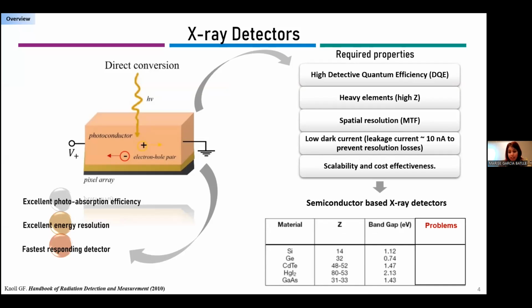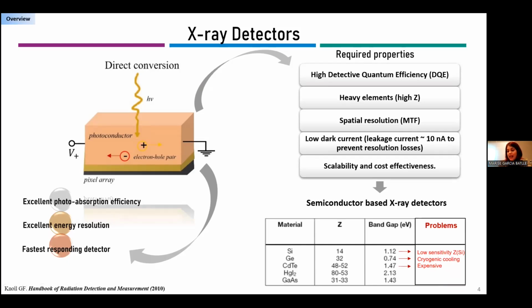Here are some of the commercial semiconductor-based X-ray detectors on the market nowadays. We can see the silicon-based and germanium-based ones. They are good, I have to say. They present some of the properties that we require for the conversion of X-ray, but they also have problems. For example, in the case of silicon, the atomic number is low, so the sensitivity is low. Then germanium, which is the gold standard for X-ray detectors, has the problem of the band gap,